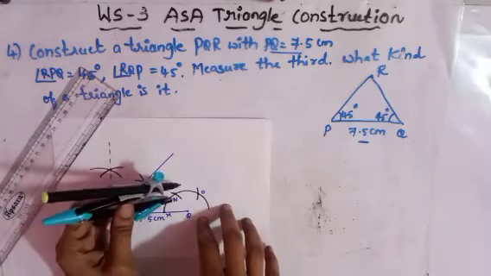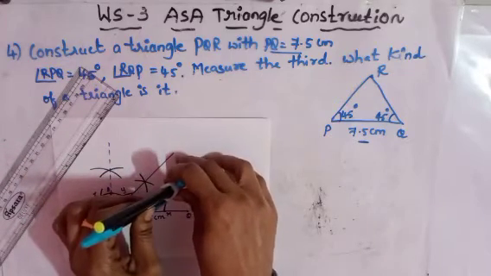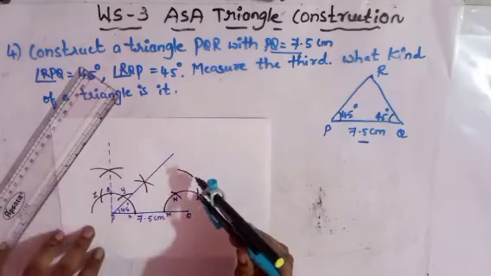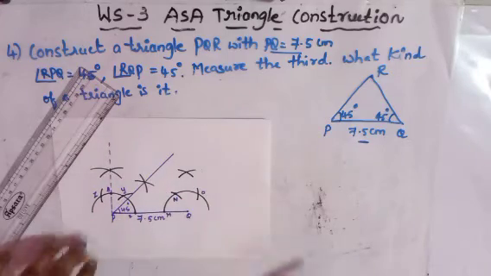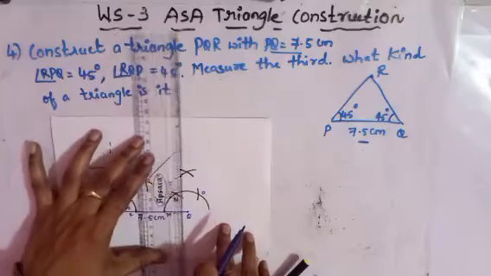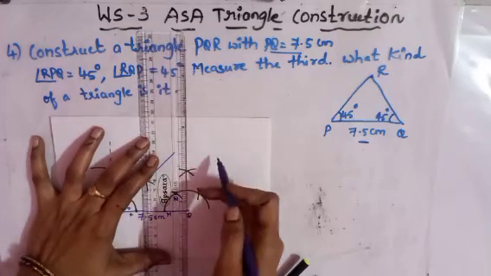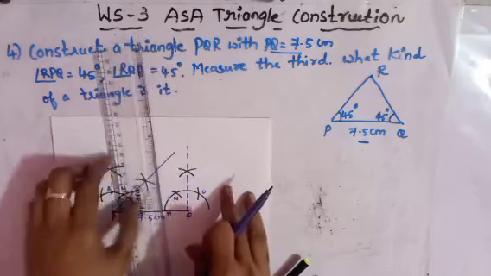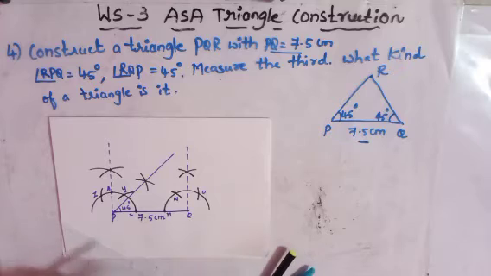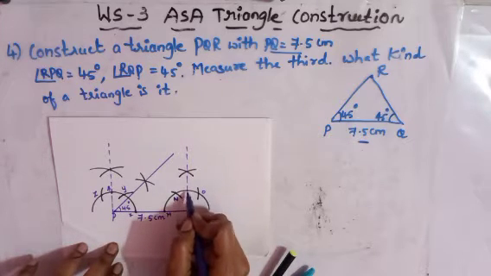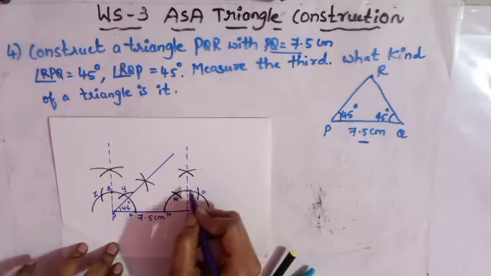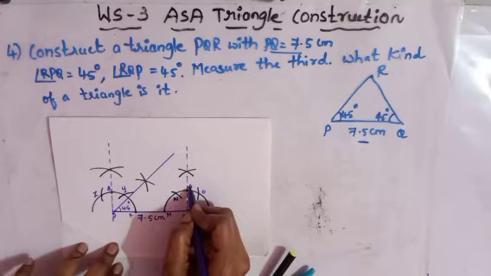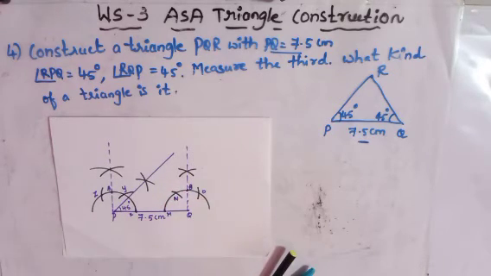With the same radius, or you can change the radius, take a convenient radius. Place the compass at N and draw an arc, and place the compass at O and draw one more arc where both arcs intersect. Now we got 90 degree. So draw the 90 degree with a dotted line. Where the 90 degree line intersects this semicircle, you can take any name. A I had taken already, so I'll take this point as B.